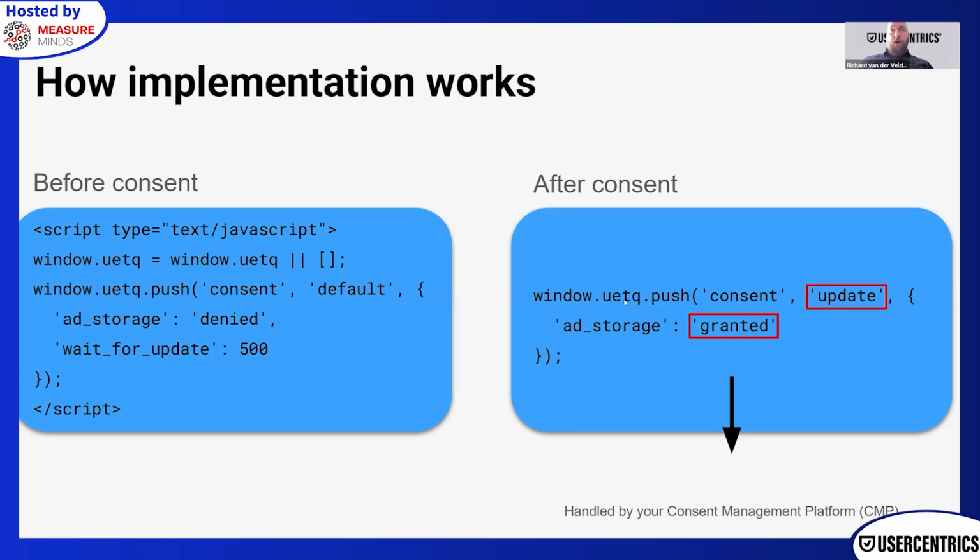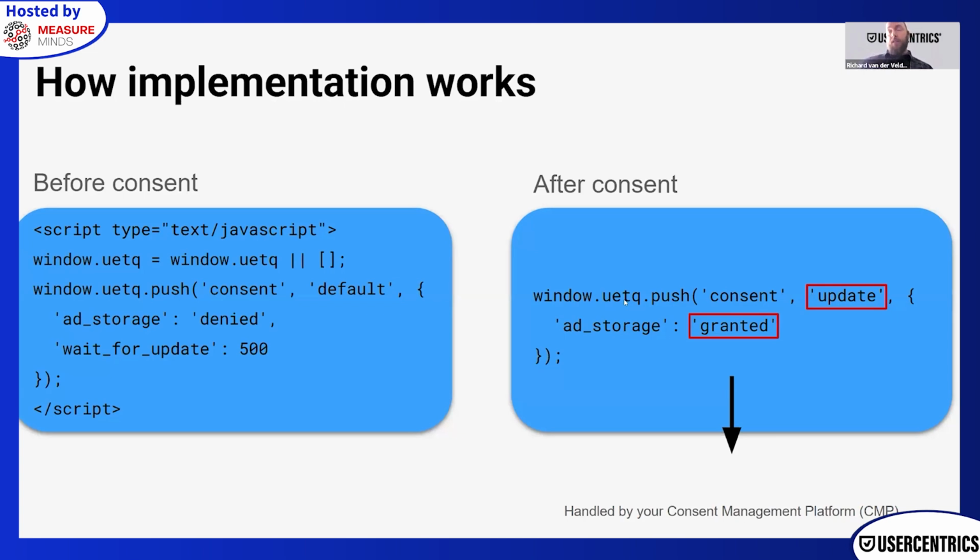Now, as soon as we have the box, then we're going to put a note in there that says consent, default, and in this case there's only one parameter, ad storage, denied. That last line, wait for update, this is in milliseconds, and the reason it's there is if for some reason we already know whether or not the service is allowed to load, we don't have to apply this default setting. So we're essentially giving UET half a second to announce whether or not it already knows what the consent level is,